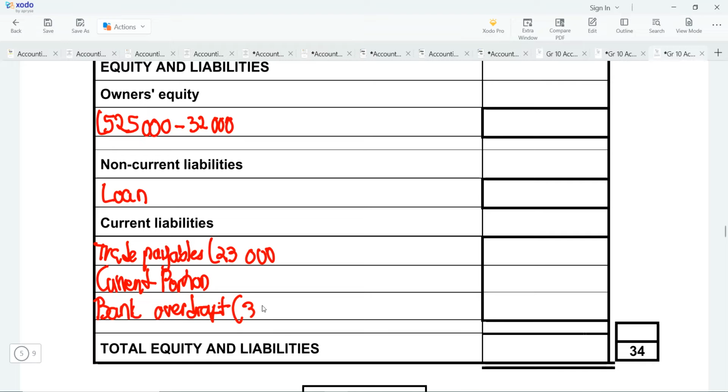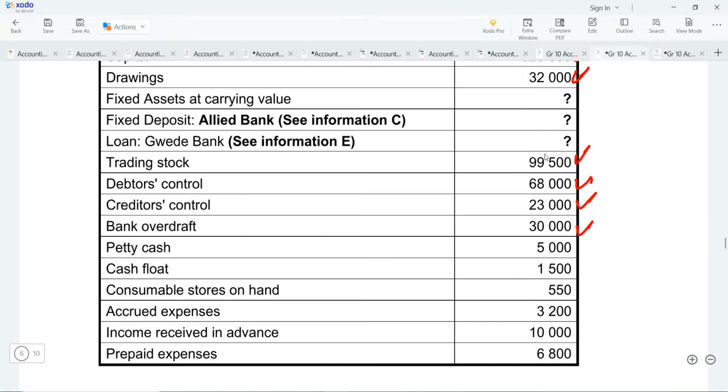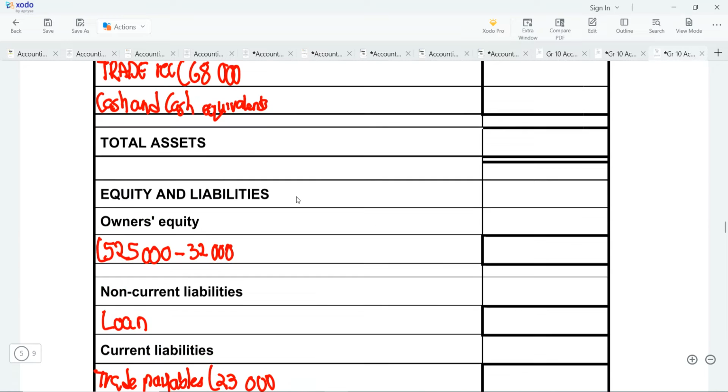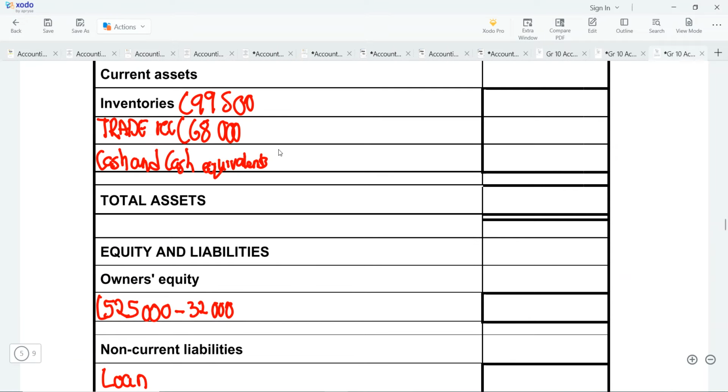Then we'd write 30,000. And then we are also going to check if there's anything else that we have on our trial balance. We also have petty cash. Remember, petty cash is part of your cash and cash equivalent. So we're going to include that 5,000 under petty cash here. So we'd write 5,000 here,